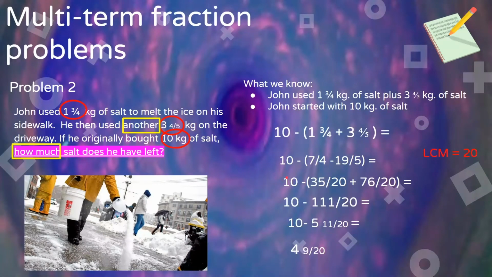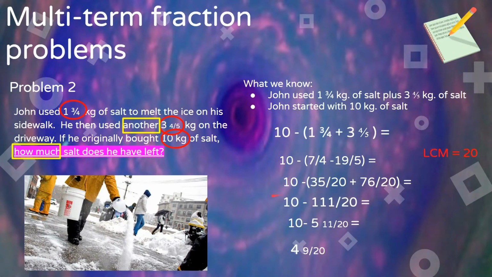He now still has his 10 total units, but he's going to subtract 35/20ths of a kilogram and 76/20ths of a kilogram. This is also where you may start feeling like you need to use a calculator when you solve problems with this method, and that's okay, but we know that 35/20ths and 76/20ths is a total of